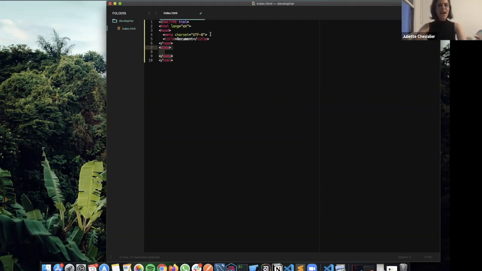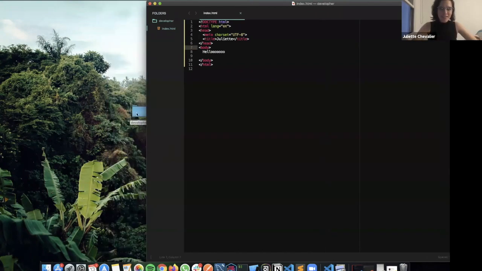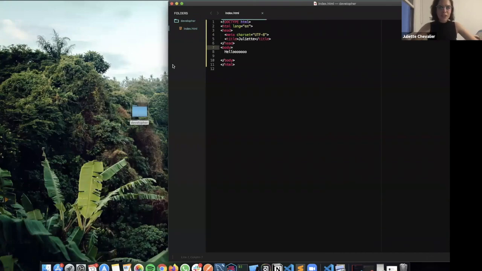So I have my basic structure, and as the title of my tab, I want to say that it should be called Juliette. Now, great, that's done. Let's say that here I say, hello. How could I see that anywhere, right? It's like, yeah, that's code, but how do I see it in the browser so that I know what I'm building? And honestly, it's as easy as going into your folder and just clicking the browser.